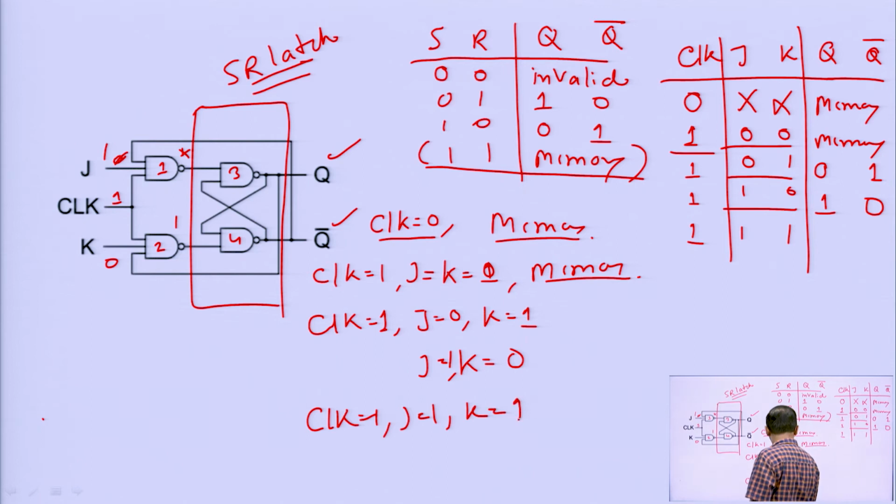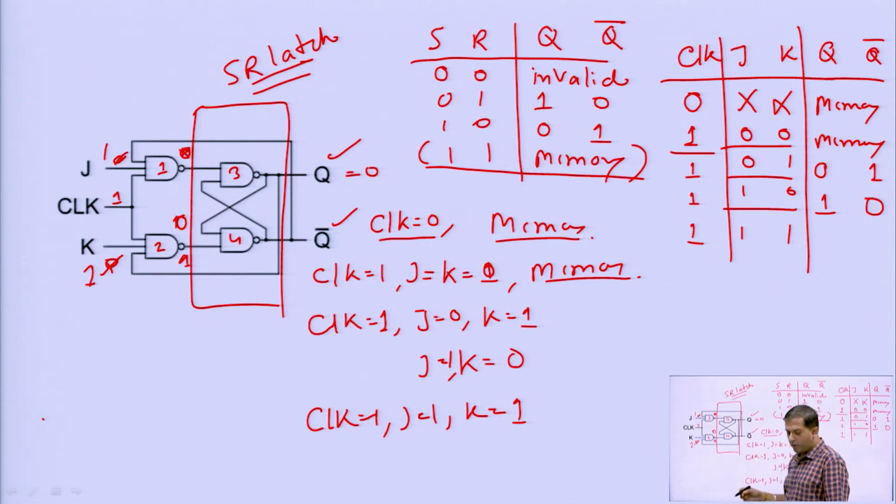And the last and most important case, clock 1, J 1 and K 1. So, here we cannot clearly say what will be the output of NAND gates 1 and 2, this is very confusing. So, in that case, let us consider Q as 0. If Q is 0, then see all 3 are 1, means this will be 0 and this will also be 0. So, if 0 0 is input, here it is invalid, okay. But here we can check again, if Q is 0, then it will be going to this. So, it will be 1, now it will be toggling, the output will be changing.